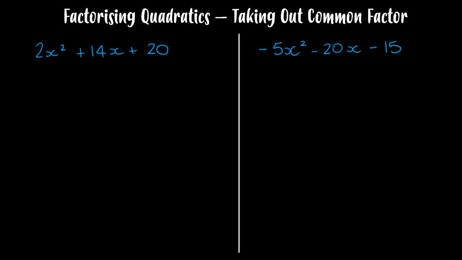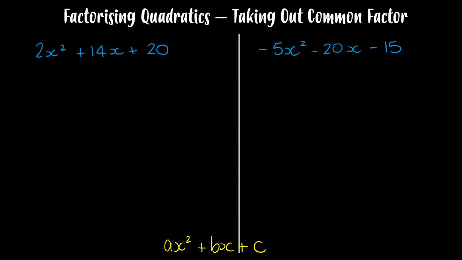In a previous video, we learned how to factorise quadratics when they are in the form of ax squared plus bx plus c. We did this by finding two numbers which added to give us the b value and multiplied to give us the c value. In all of these previous examples, however, there was no coefficient of x squared, so there was no a value. You can see for these two that there is an a value, which makes it a little bit harder to